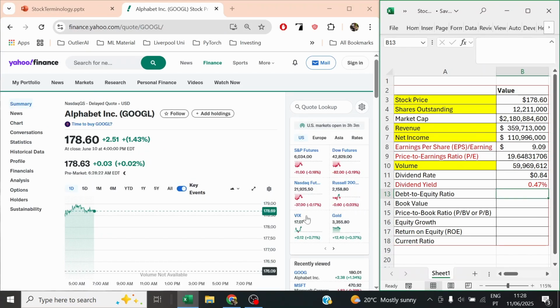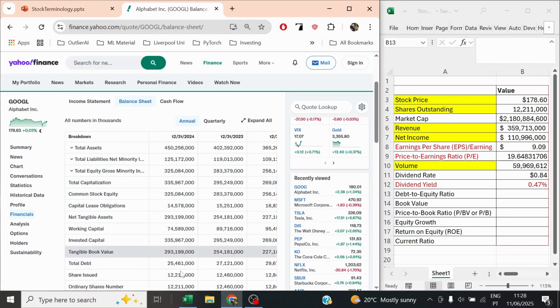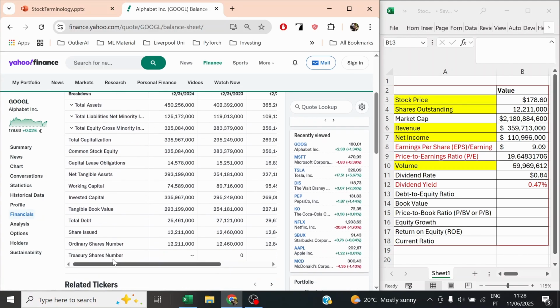Okay guys, so the next term is gonna be the debt to equity ratio, which is a measure of how much debt a company has relative to its total equity. In order to calculate that, we will have to go to the balance sheet again. So I will go to the financial balance sheet and then just try to get the total debt. In that case, they give the total debt for us, but if